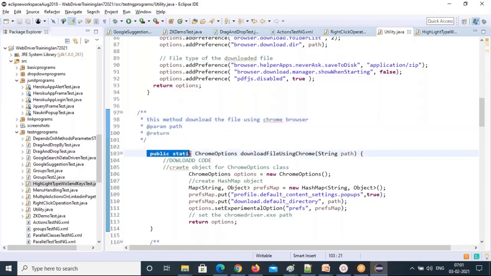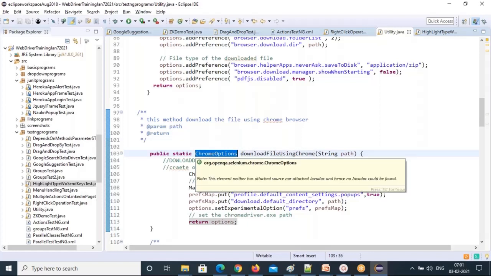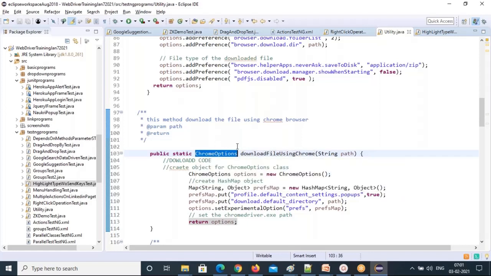Public static ChromeOptions downloadFileUsingChrome(String path). And this method is returning a ChromeOptions object. Now there is a ChromeOptions class in Selenium. This ChromeOptions class is used to do settings in the Chrome browser itself.